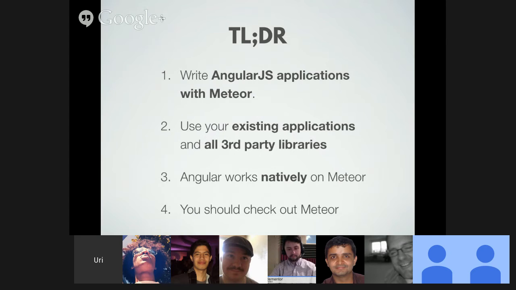And the fourth and the fifth points, I guess, are here. The fourth is for Angular developers: I think they really should check out Meteor, because I was really enjoying it, and I think Angular developers will really appreciate that framework. And the fifth point is for Meteor developers. I think this connection is really good for Meteor. I think opening Meteor to more opinions helps the framework, and I can see now that Meteor is doing that.